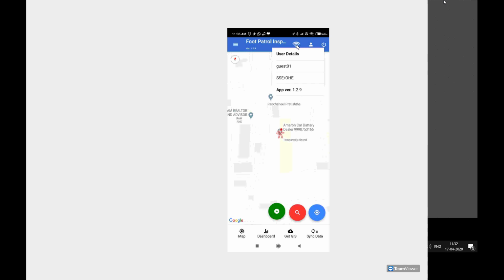The third button is the network icon. By this you can identify what network your mobile app is currently using. It is currently running on Wi-Fi, so it is showing the Wi-Fi icon. If it is on mobile internet data, then it will show an icon something like this, a tower icon. And if no internet connectivity is available at that time,